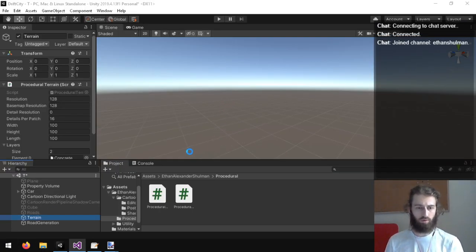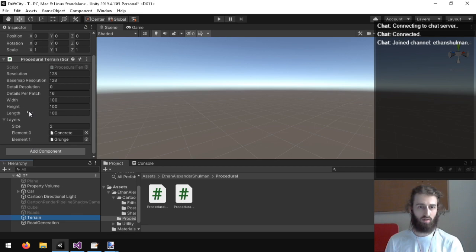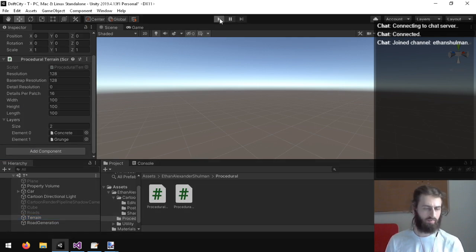Alright, so that hopefully will create a wall with a border around the edge of the terrain.